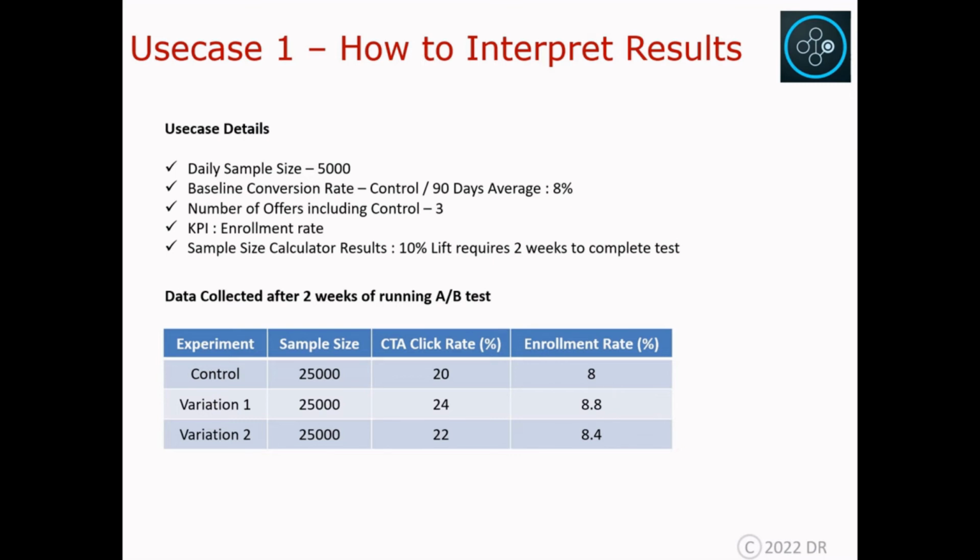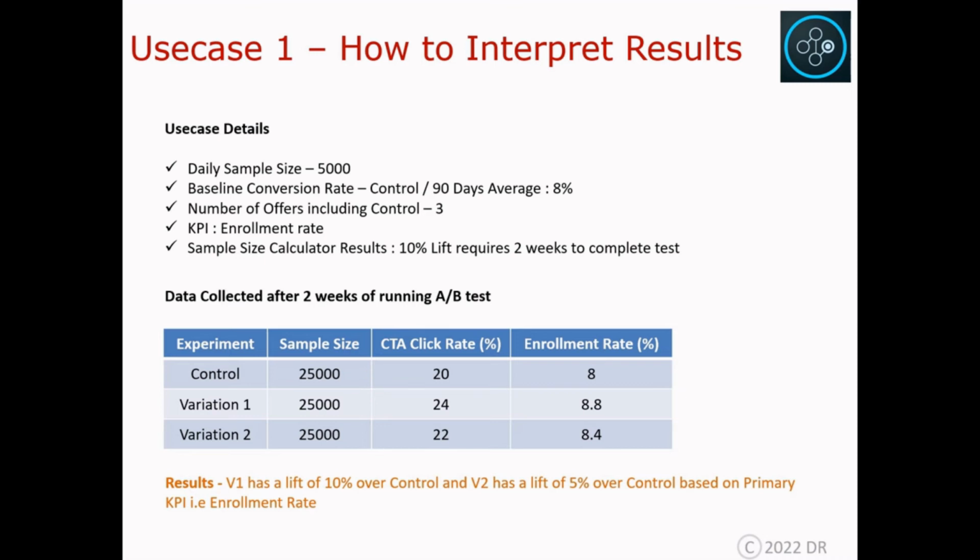So as you can see here, the variations are performing better than the control based on both the primary KPI, which is enrollment rate, and the secondary KPI, which is CTA click rate. So what you will analyze, what you will interpret, is that V1, variation 1, has a lift of 10% over the control, right? And variation 2 has a lift of 5% over the control based on the primary KPI,